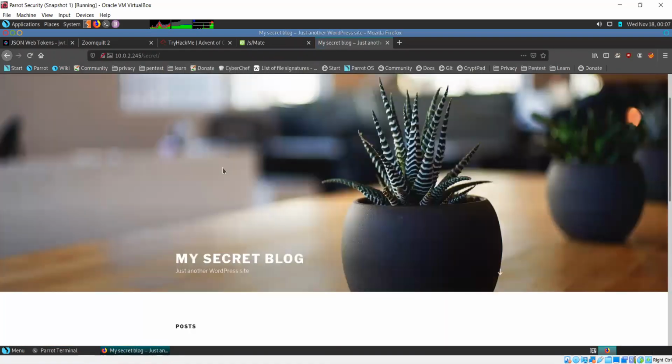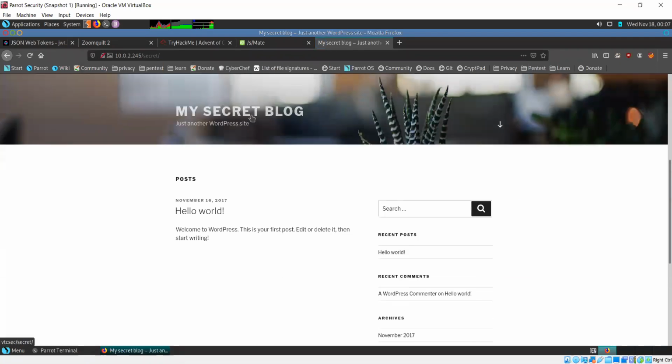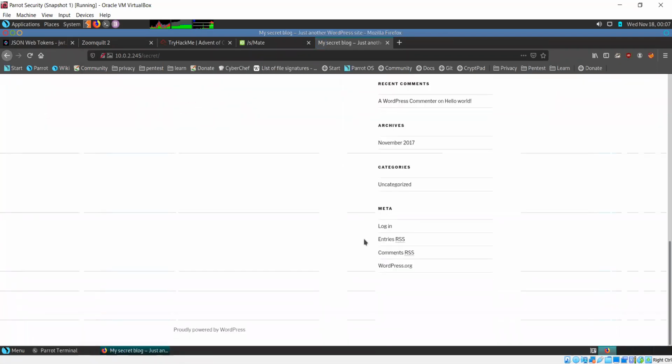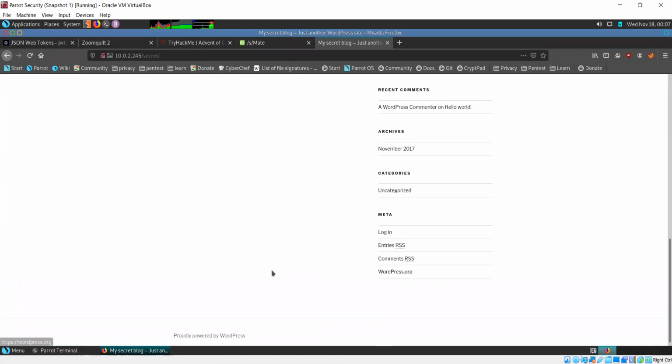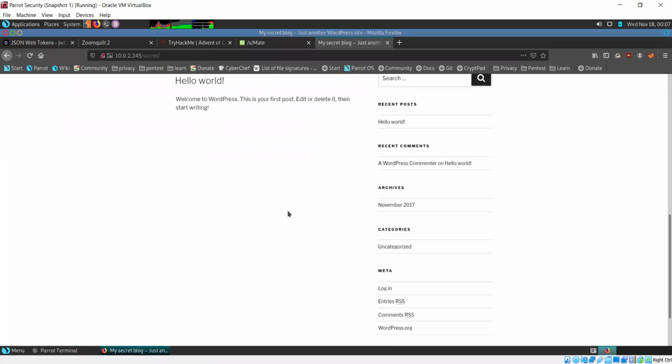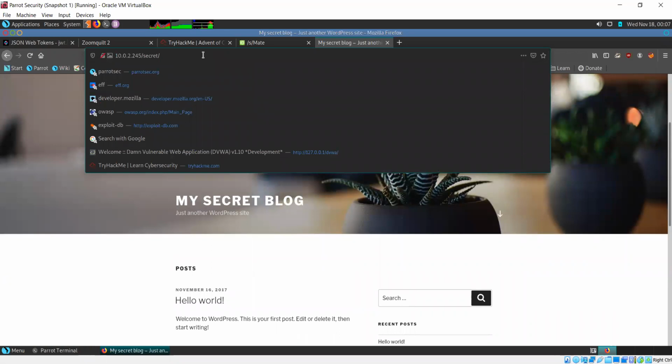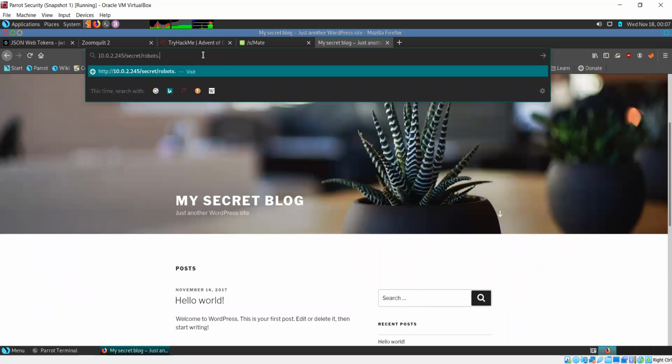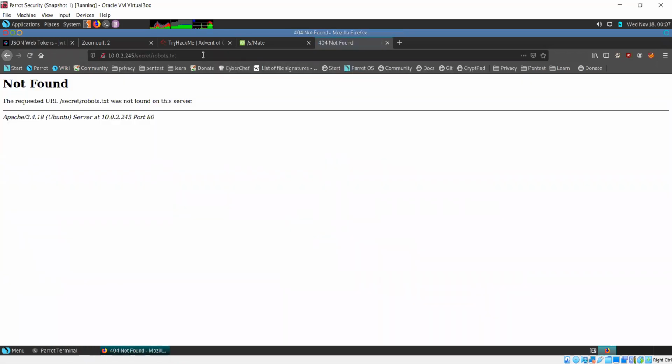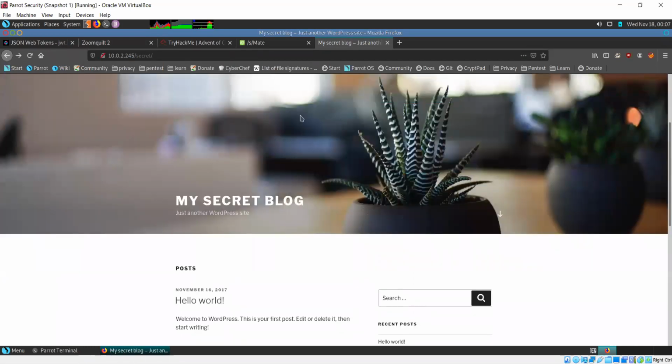Now in the secret directory, this is the website. It's basically a blog and it has been created using WordPress. There are multiple instances where they are telling you that they are using WordPress. About robots.txt, of course, you can test for it, but there is no guarantee that you'll receive anything. In this case, the file is not even present. They haven't even included a robots.txt here.